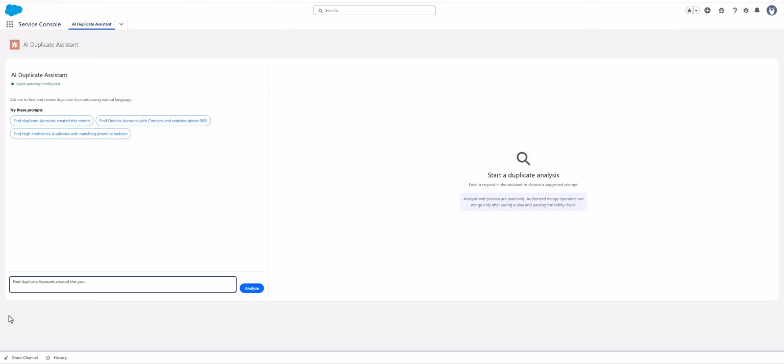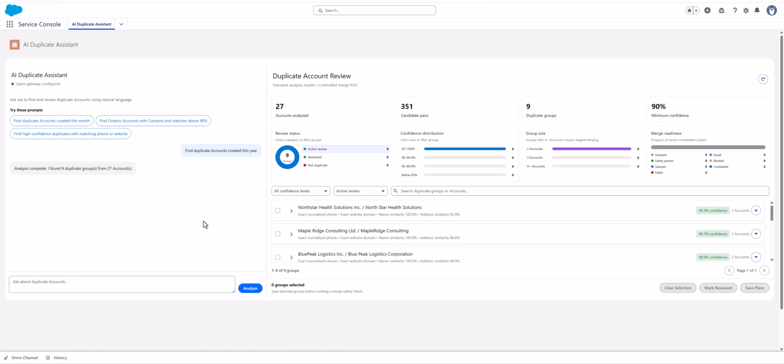Now let's analyze it, basically. So now the analysis is running, right? And then you can see on the right-hand side, the result is generated, right? And this is a synchronous communication, right? So for the synchronous proof of concept, Salesforce retrieves a maximum of about, I would say, 500 to